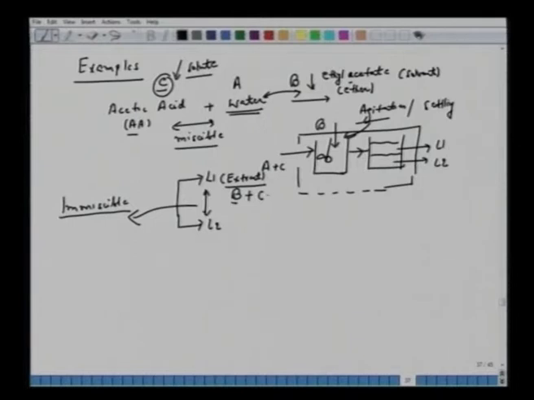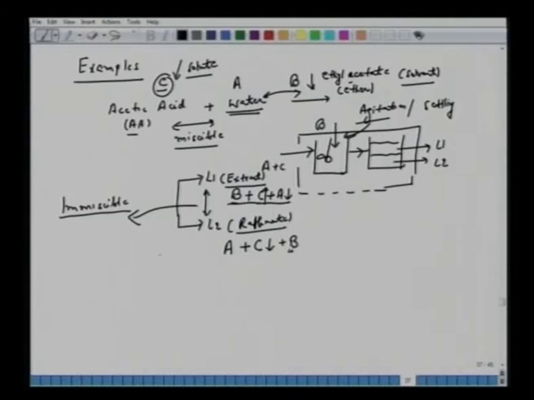So B plus C, a very large amount of C, but there is a very small amount of A as well. Okay, so water is now also partitioned into this: B plus C plus A. You have L2, call it raffinate, or residue, for the reason that this feed A, most of the water, has come here, from which we wanted to remove this C. So there is some amount of C here, a very large amount of C in the other stream, but there is some amount of B, ethyl acetate or solvent, here also getting carried out.